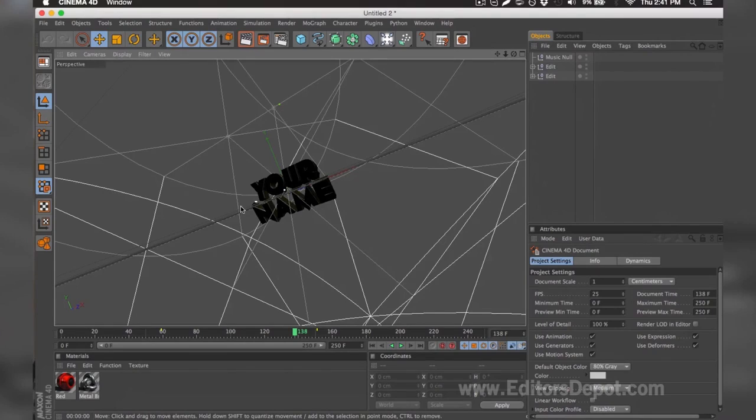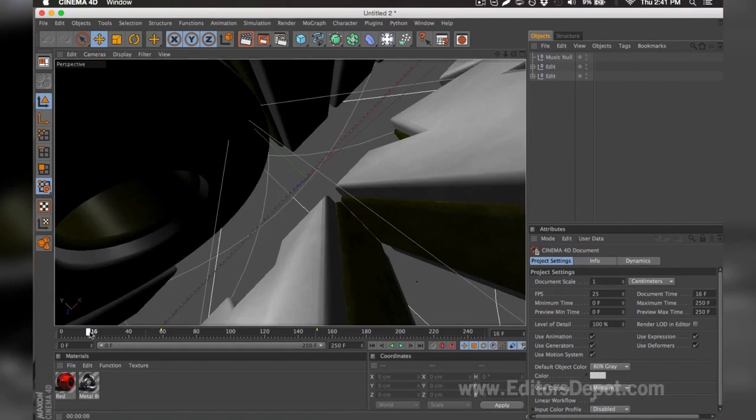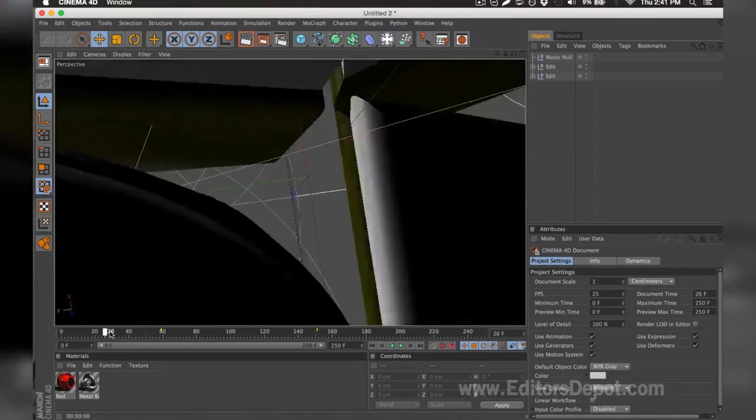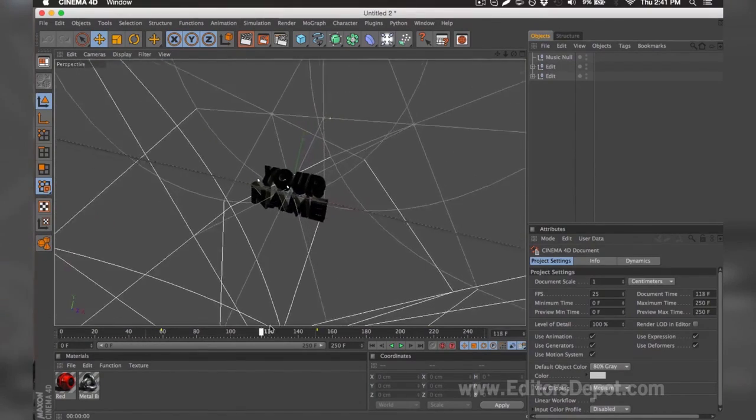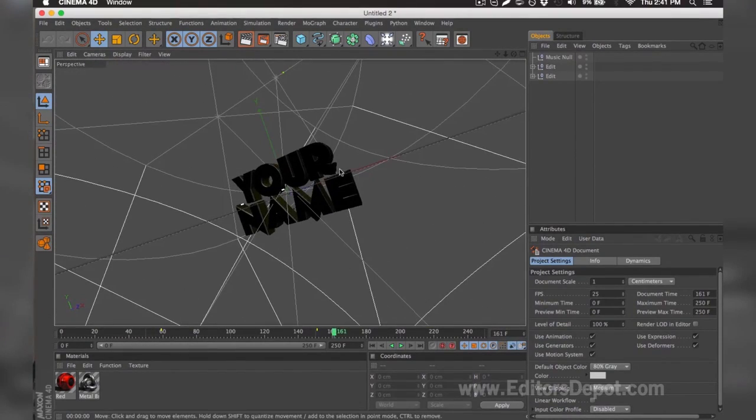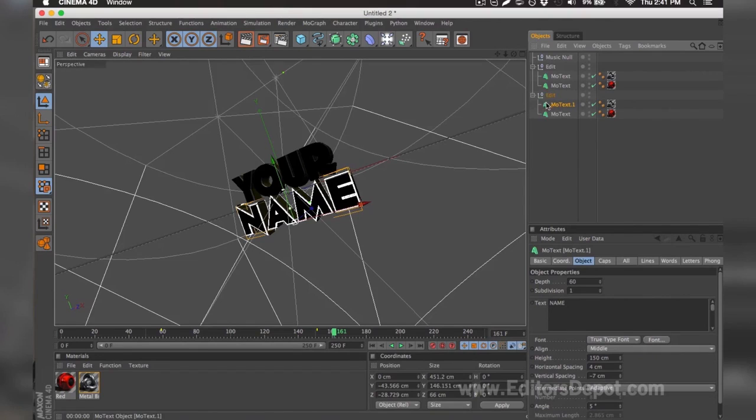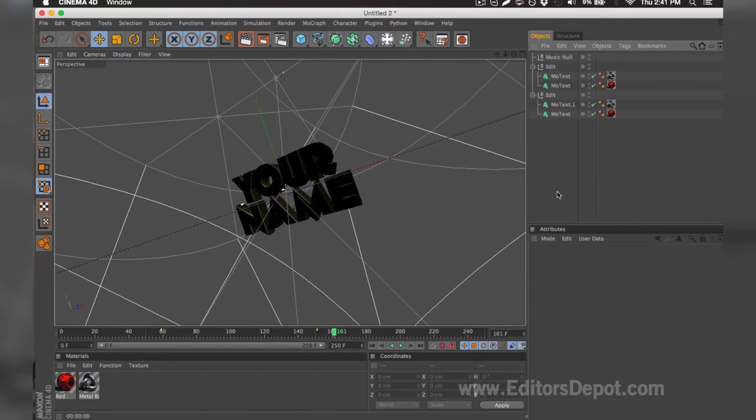Except one little thing, there's sometimes problems that come up with the templates, and I'm going to go ahead and cover them here. Sometimes the audio will be included, and you don't have to worry a bit about that. As you can tell on this template, the audio is included. It's not a problem at all, and sometimes the font is not included. If it's not, all you want to do is of course look for the text layers. They will look a little like this. Select it, and then hit font, and select any font you wish. You can visit designerdepot.net for any font you wish.